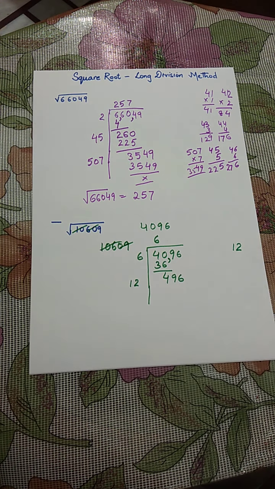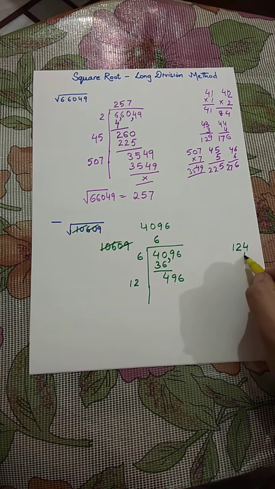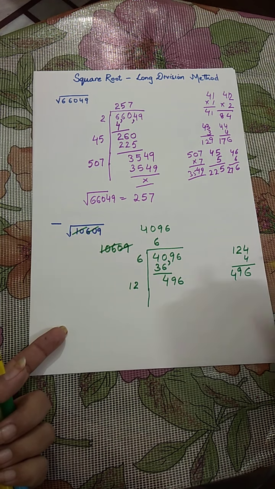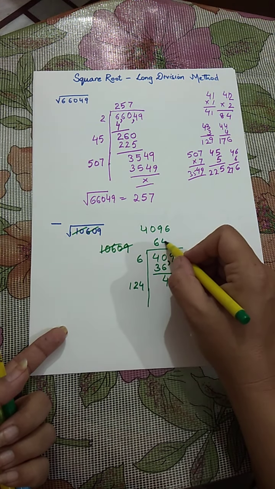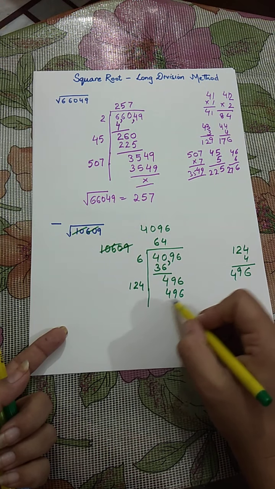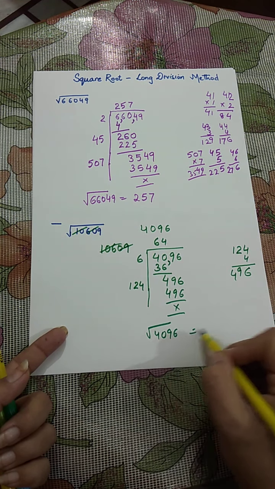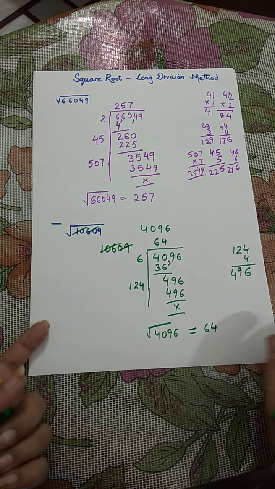Now whenever a number like this comes, first choose the numbers which are easy to practice. Like 6 comes at the end when you multiply. 6 6s are 36, 4 4s are 16, so 6 comes at the end. So I will first multiply and check with the 4. You can see exactly it is working. So like this you can practice and it will save your time. So the square root of 4096 is 64.